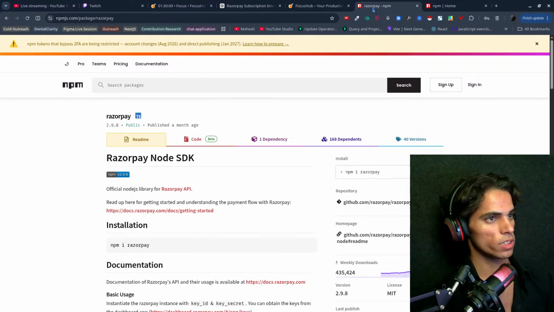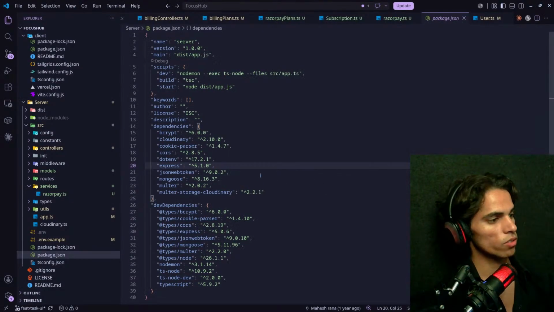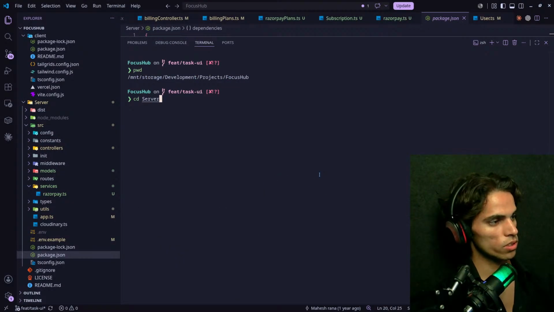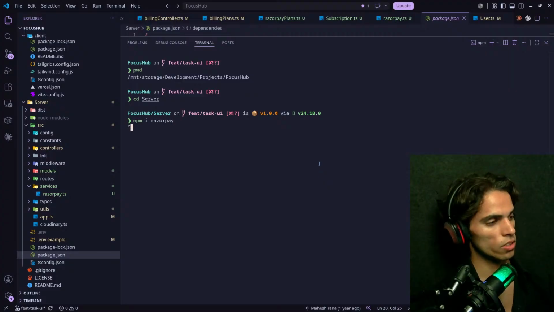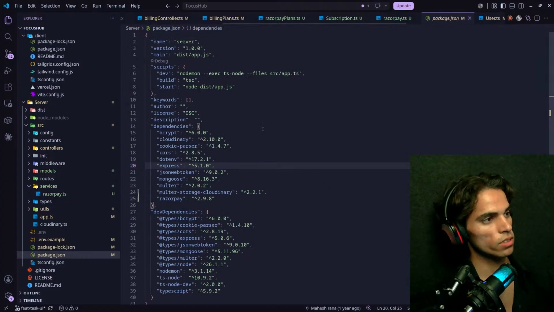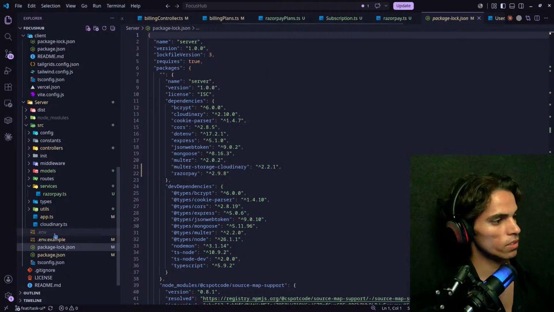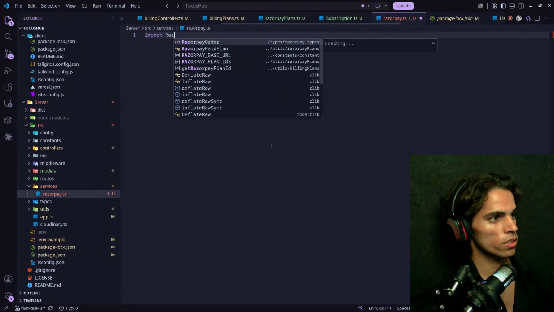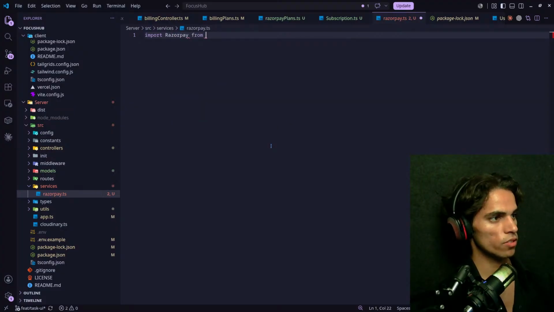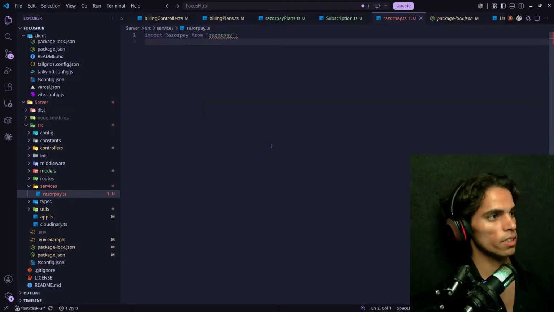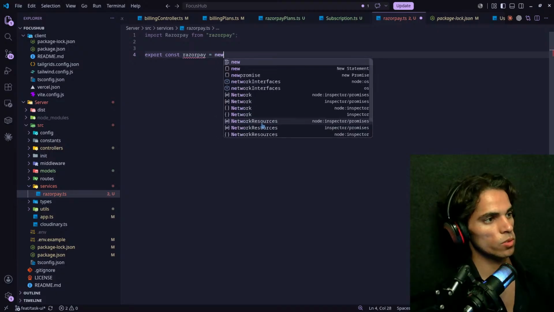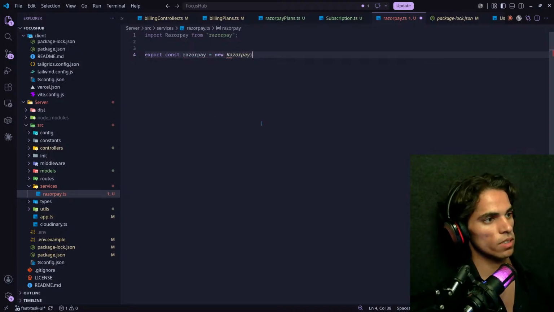No. So we just have to install this. I would like to install this here in server. So cd into server and paste this here, install. And after installing, let's come here on services and import Razorpay from Razorpay. And after importing this, we have to create export const Razorpay is equal to new Razorpay, and